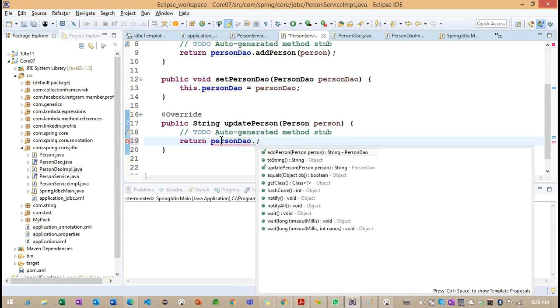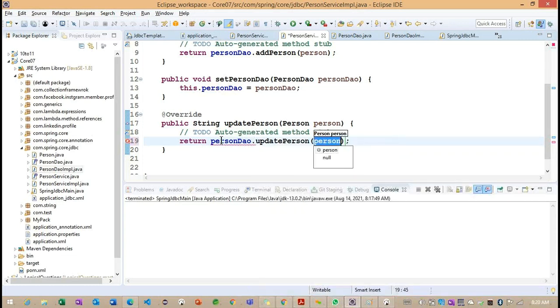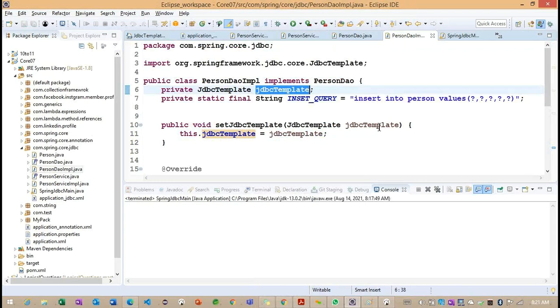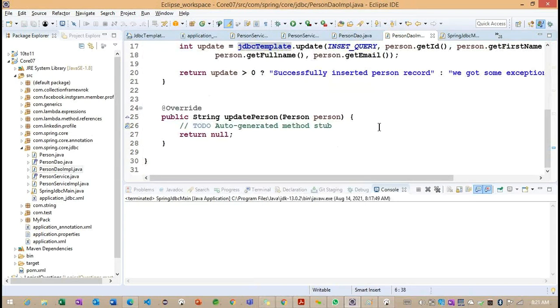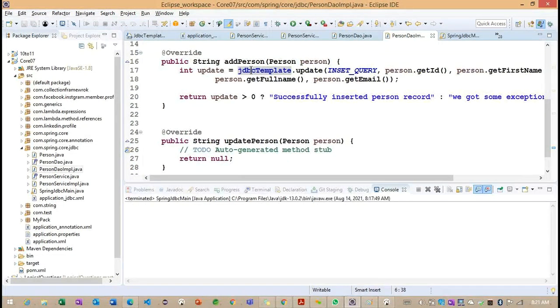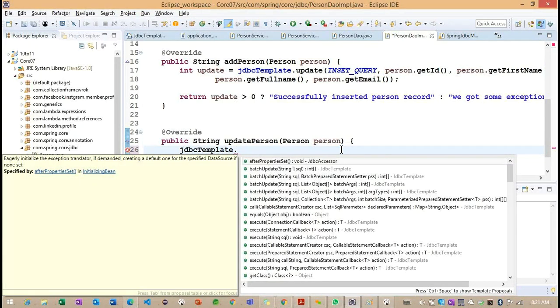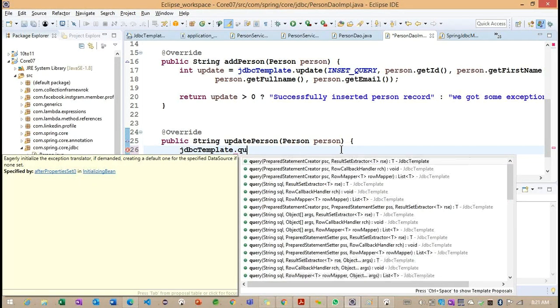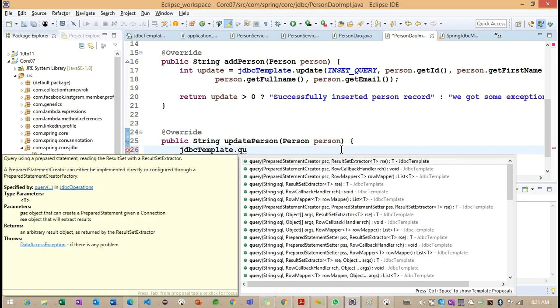With the help of this particular person DAO, update person. And what we can do, JDBC template dot query method I want to use here.